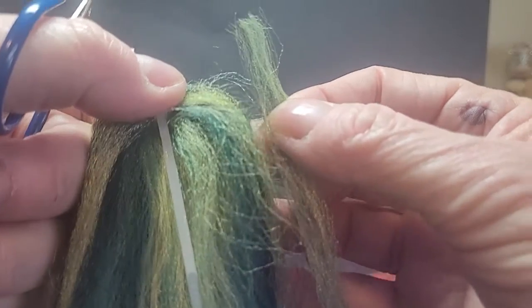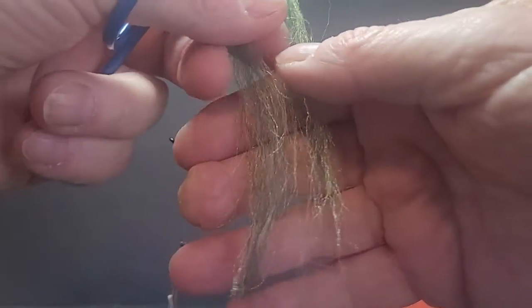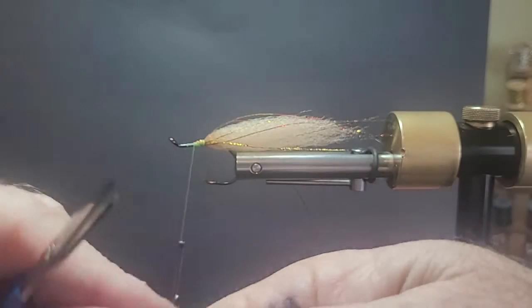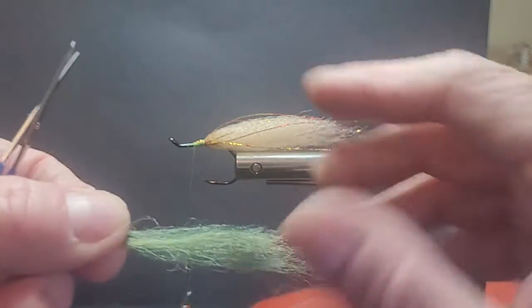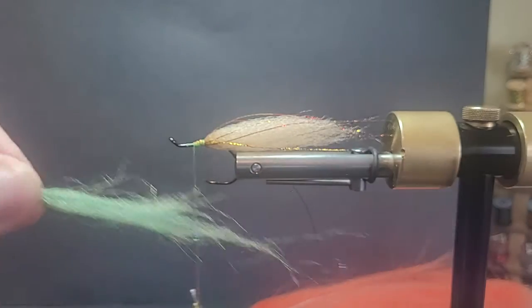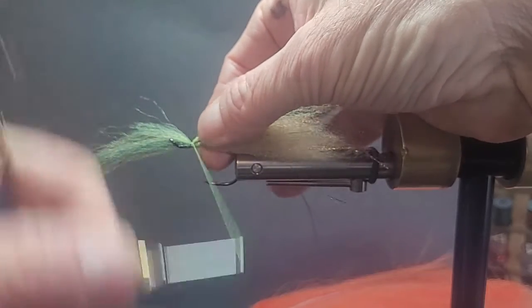I'm getting some more of that lighter yellowish greens, a little blend there. It's a nice little mix. I like that. That's a good idea. That blended, I always like blended colors. I always do with my dubbings and stuff too. I like blending them. So we'll just tie that in on top corner,